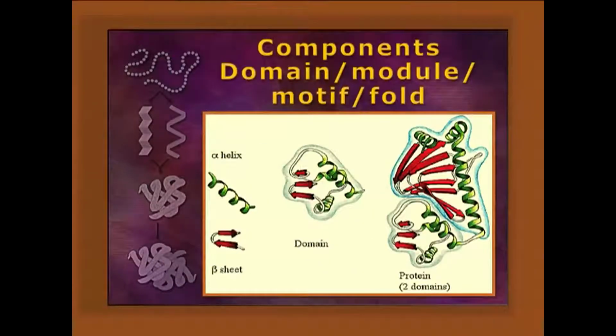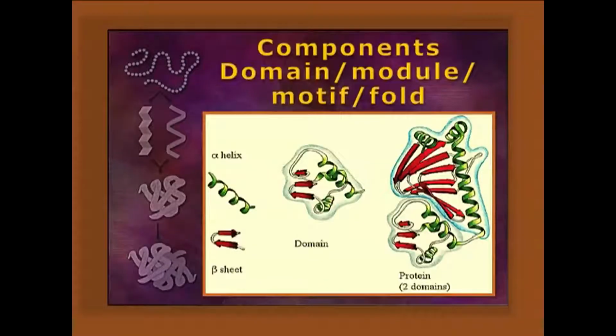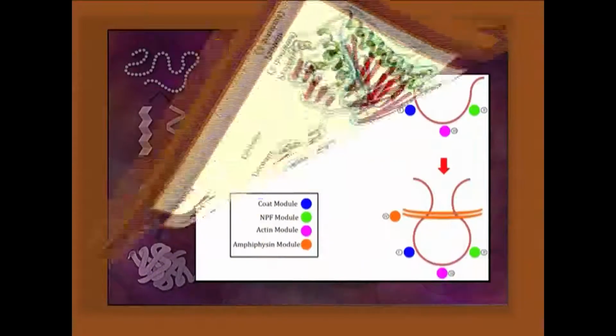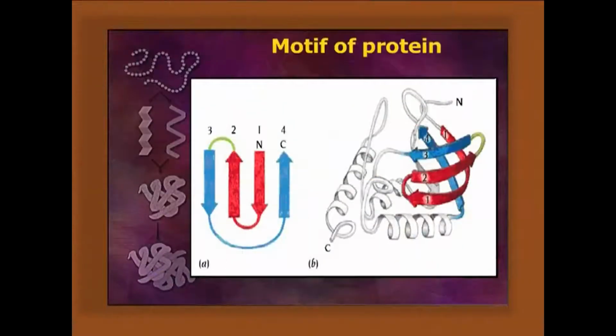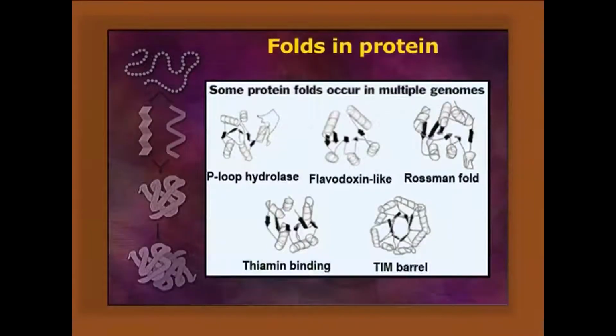Let's talk about the components of the tertiary structure, including domain, module, motif and fold. Domain is the folding of a polypeptide chain giving particular structure and function. It is found in the tertiary structure, as well as subunits in the quaternary structure. Now the module is the contiguous part having a particular property in a polypeptide chain. Next, motif: the way the supersecondary structure is arranged in the tertiary structure. And the fold: the overlapping and non-overlapping ways in which folds are combined together.